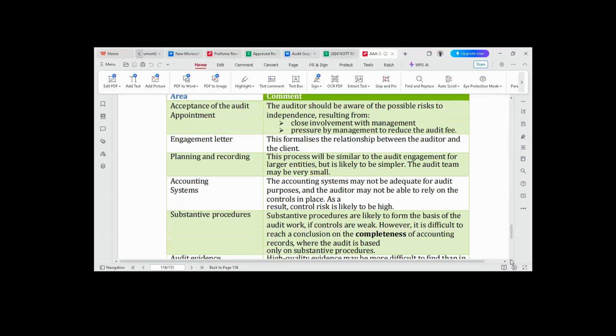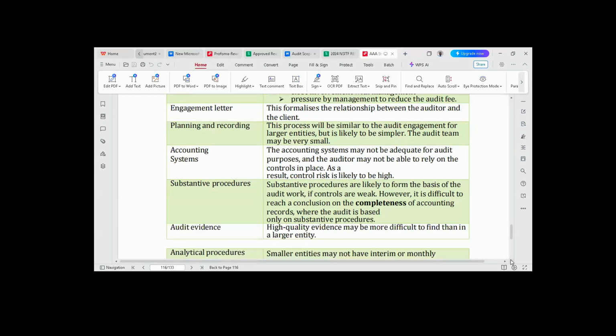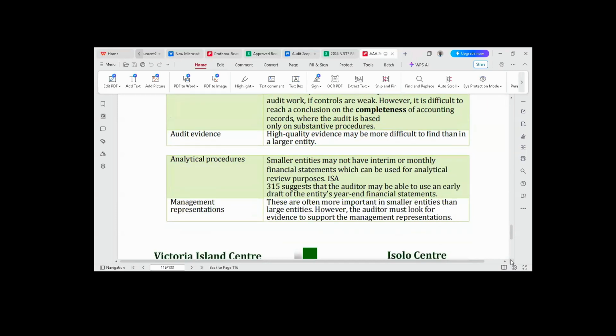So most of the work will be based on substantive procedures. You are going to make use of tests of transactions and analytical review procedures to be able to evaluate the risk of material misstatement in the financial statement. All right. You might not be able to obtain quality audit evidence. Why? Because of poor documentation. Then, more importantly,